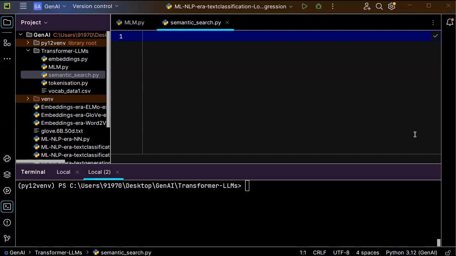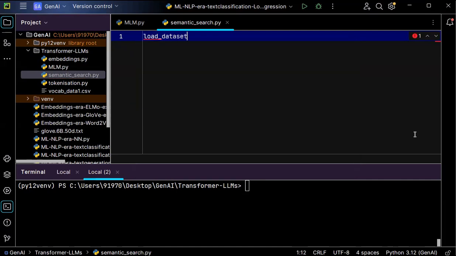So in order to show you this with an example, first I want a document, and second I want to provide a query about the document. For the document, I'm using the open source dataset multi-news, which is available in Hugging Face. So how can I load the dataset? In order to load that particular dataset,